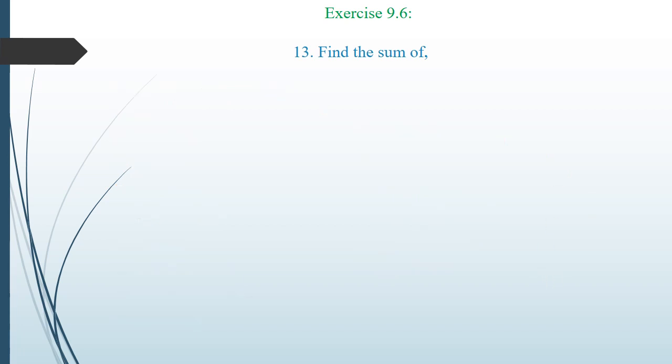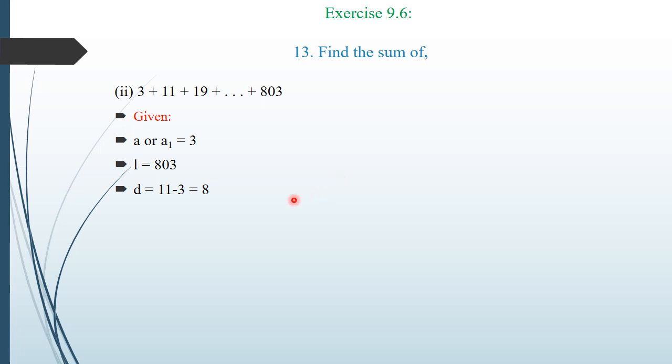Next sub question of question number 13, which says find the sum of 3, 11, 19 and so on up to 803. First, let us note down all the given data. This question is exactly same as the previous question. First term is equal to 3 and the last term which is denoted by L, that is nothing but 803. And the common difference we can calculate by taking second term minus first term, that is 11 minus 3 is equal to 8. Applying the same formula again, Sn equal to n by 2 into a plus l,